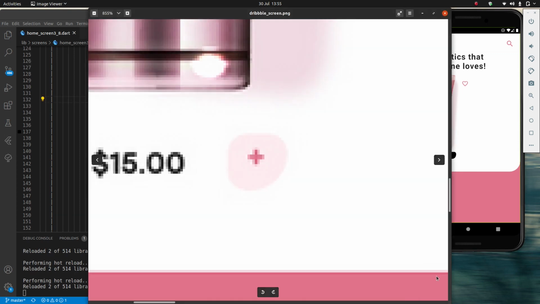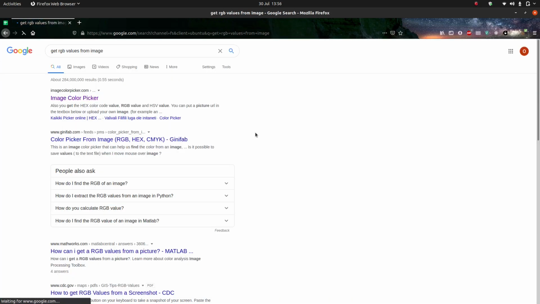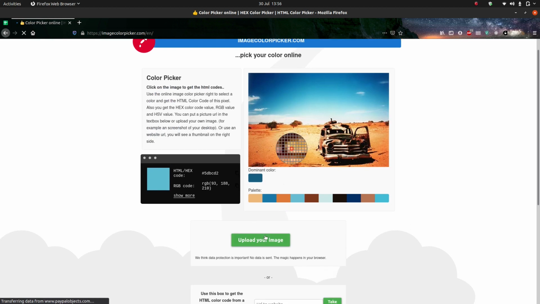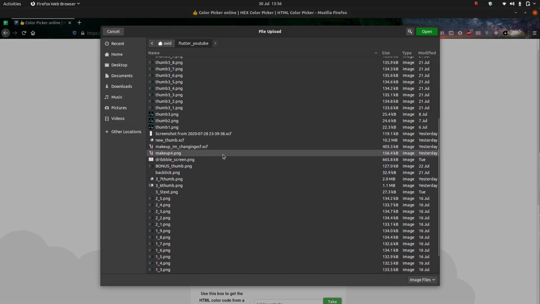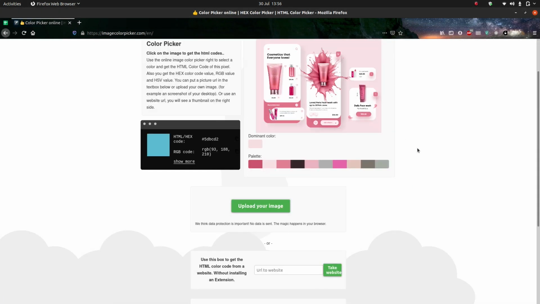Now that I have this, I'm going to try to get the correct color for this, and to do that, I'm going to go back into my Firefox, get RGB values from image. I'm just choosing the first one. So this is the same site we were on last time. And it's going to be this color here, which I believe is this one. I am going to use this one because it's just a little bit darker, so a bit easier to see. I'm going to copy this,